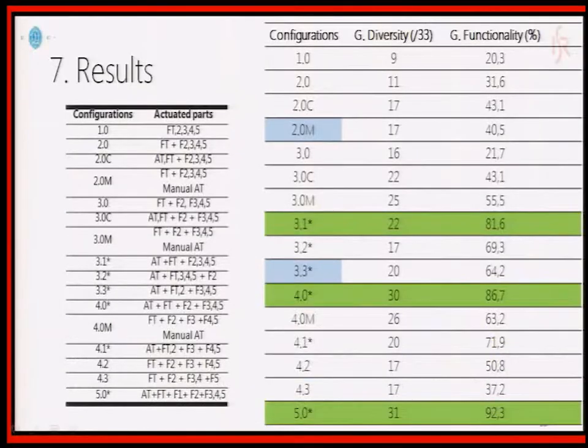This table summarizes the configurations against the score that they got in grasp diversity and the score that they got in grasp functionality, which will be useful for the designers of the hand in order to find out how good their hand is doing and if they can optimize its design. For instance, as you can see, this is one of the best configurations that can do 22 out of 33 grasps with only 3 actuators and with